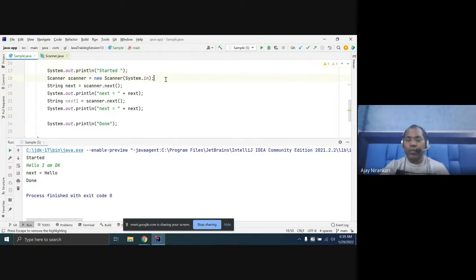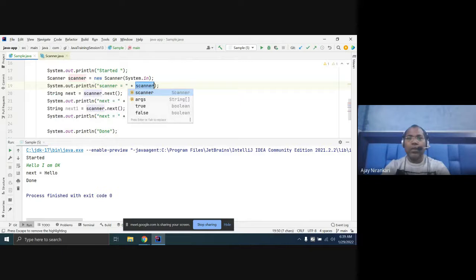Let's say I have written here scanner, oh sorry, the scanner object is created. And now you run it again.